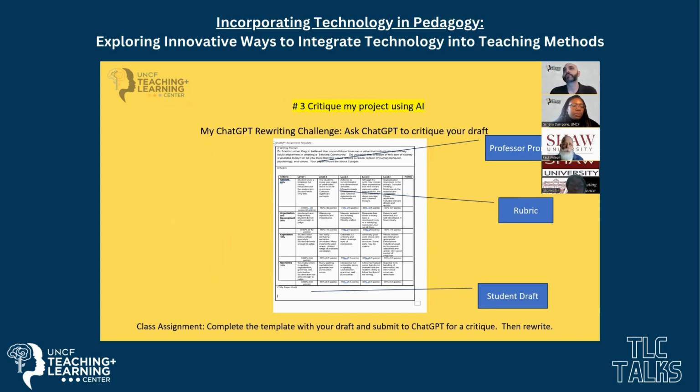So you can see on the screen, I've already created this template. I put my writing prompt in there. Normally, I would have them write a paper about Dr. King's beloved community. This is on that, and they have to do their own draft on this. Now I give them the rubric. We have it in class, but you'll see here that on the template, it says student draft.